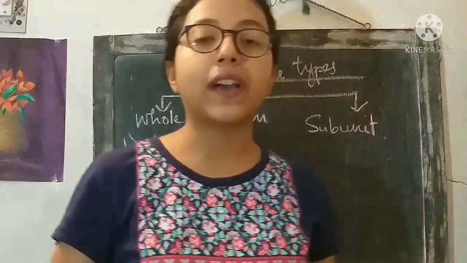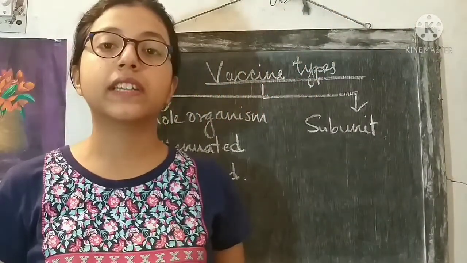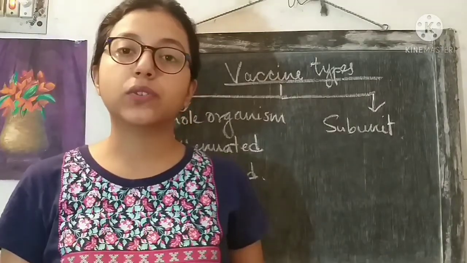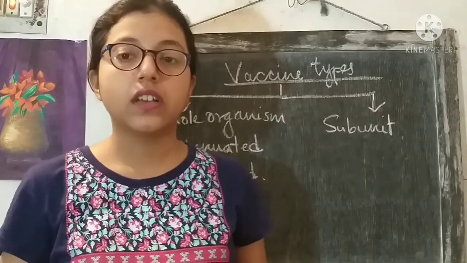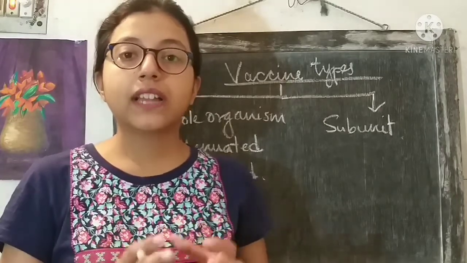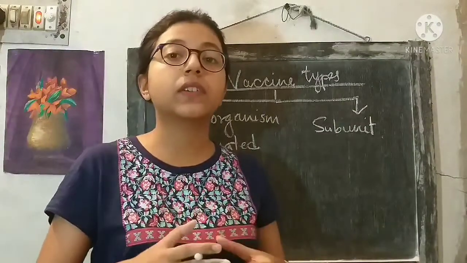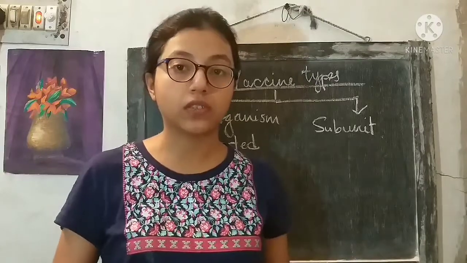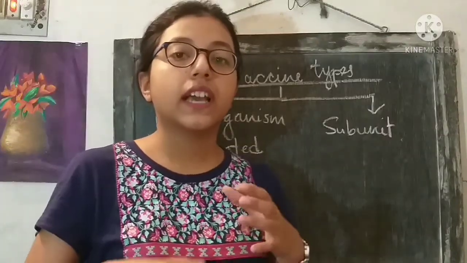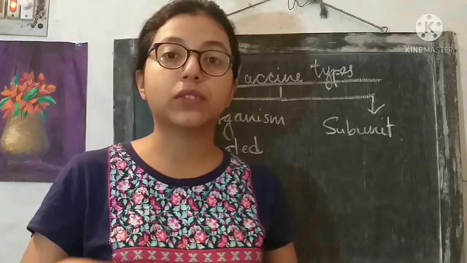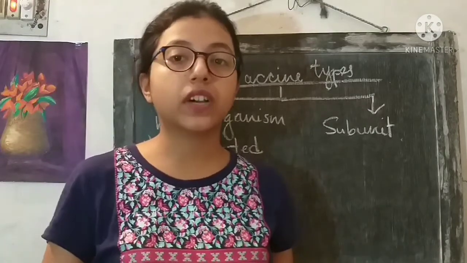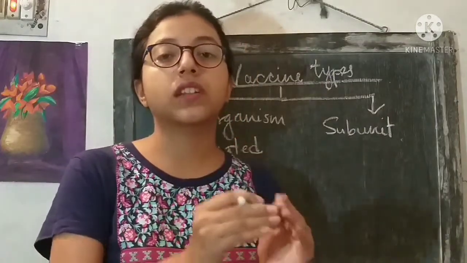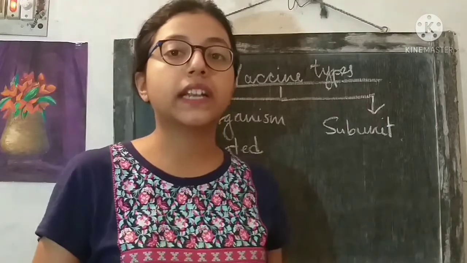So these are two different types of whole organism vaccines. And the next category of vaccine, the subunit vaccine, is classified into many other types. Subunit vaccine means the entire structure of the pathogen is not present in the vaccine formulation. The pathogenic organism contains several structures that help to exert its pathogenic effect when it infects a host. Those structures that help the pathogen show its pathogenicity are included in the subunit vaccine formulation. So only that pathogenic portion is added, not the entire organism.